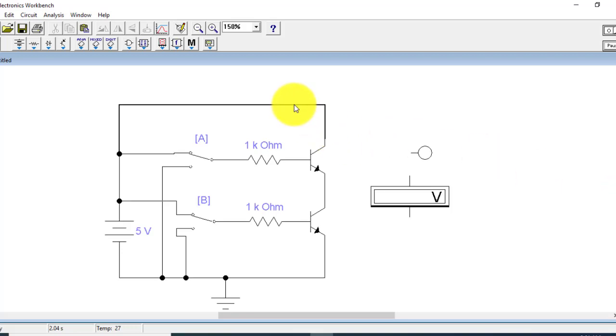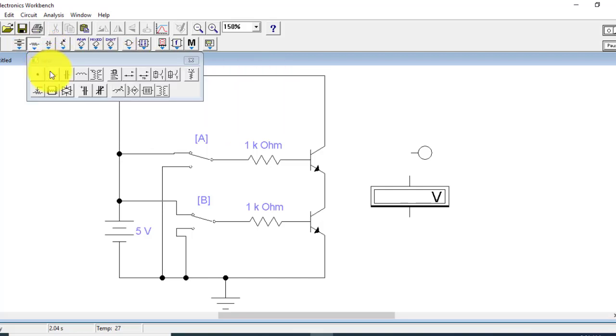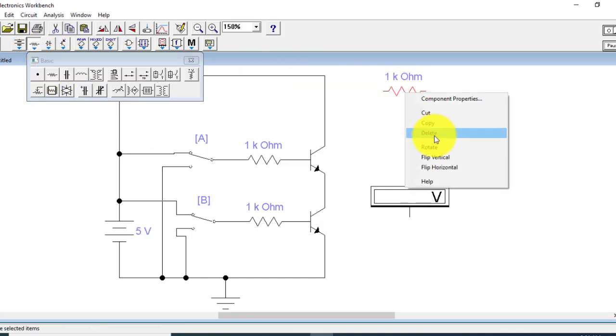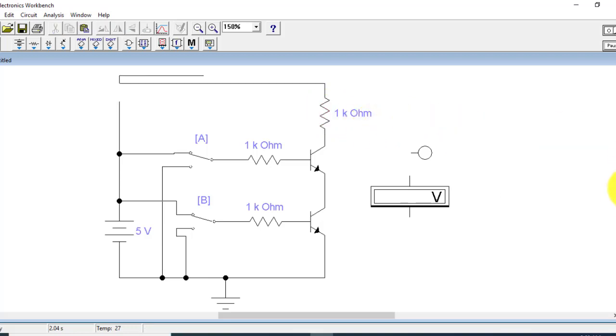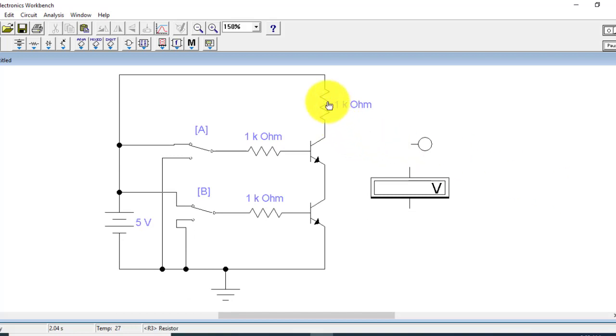To connect the resistance on the collector terminal, I can remove this wire, but if I don't want to remove this wire, I just have to drag the resistance, rotate it, and place it exactly on the wire, and when I place this resistance on the wire, it will be automatically connected across the wire. Okay, so we have to draw the output from the collector terminal.